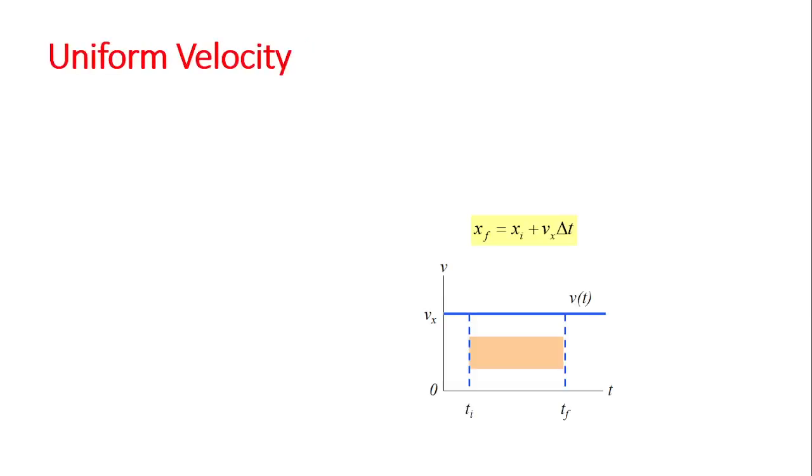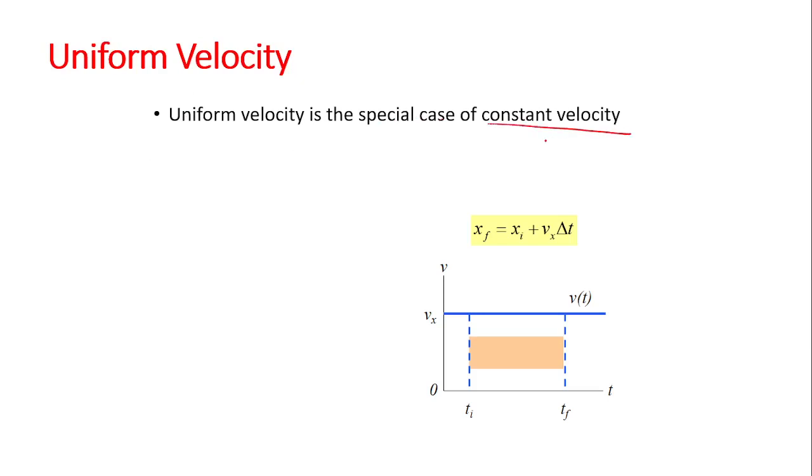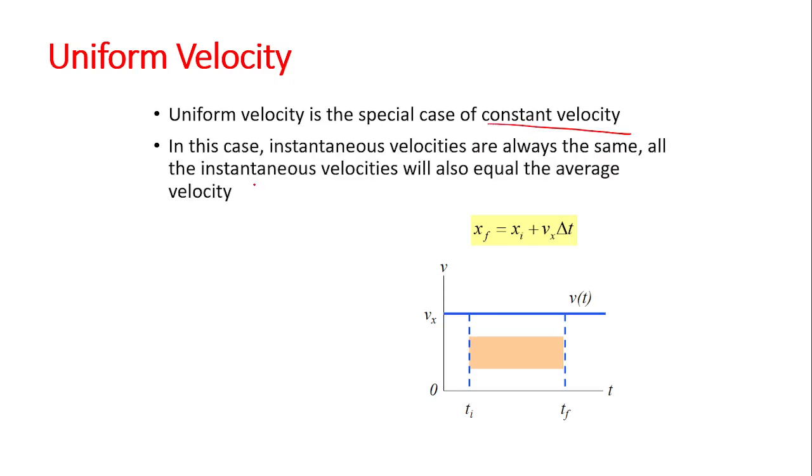Okay, let's move on. Uniform velocity, I think I've already explained. Uniform velocity is the special case of constant velocity. In this case, instantaneous velocity is always the same, or the instantaneous velocity will also equal the average velocity. In short, what we are trying to say is